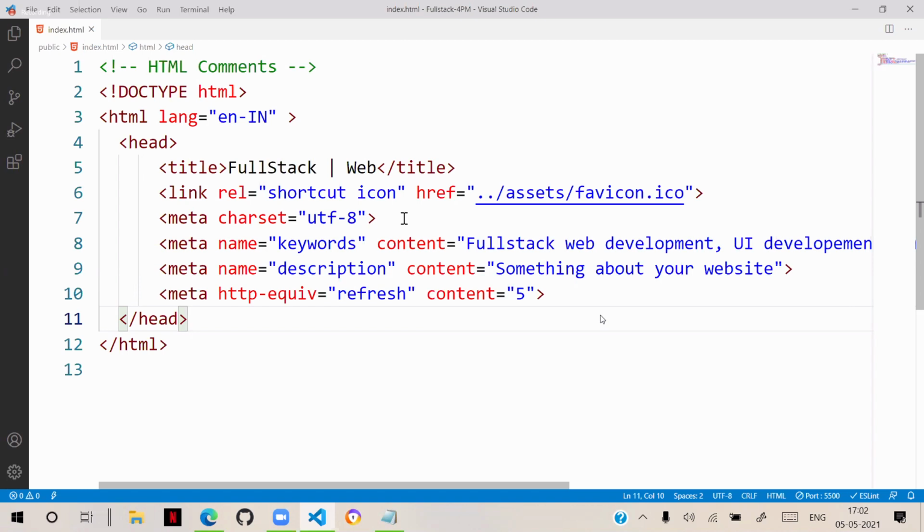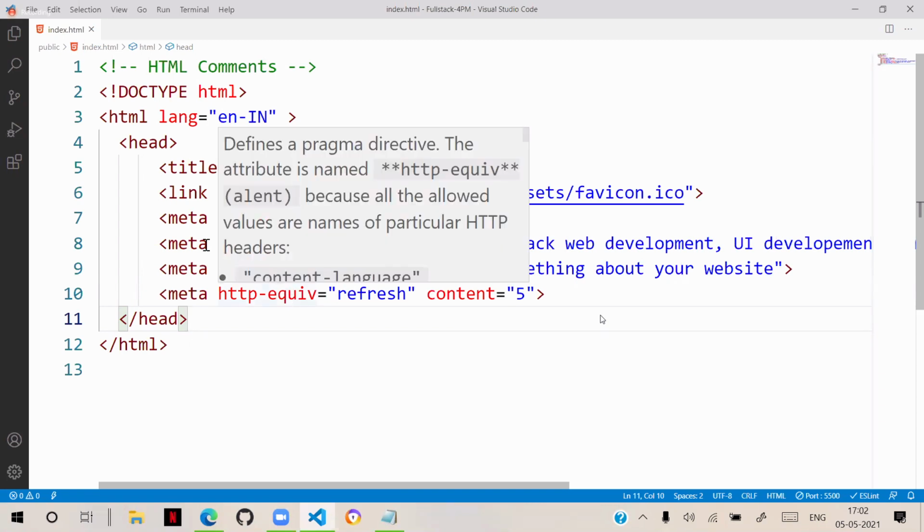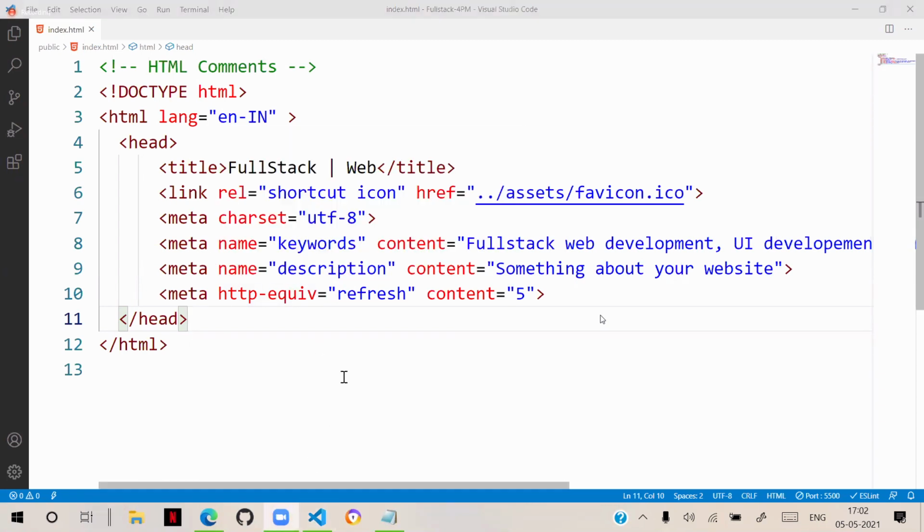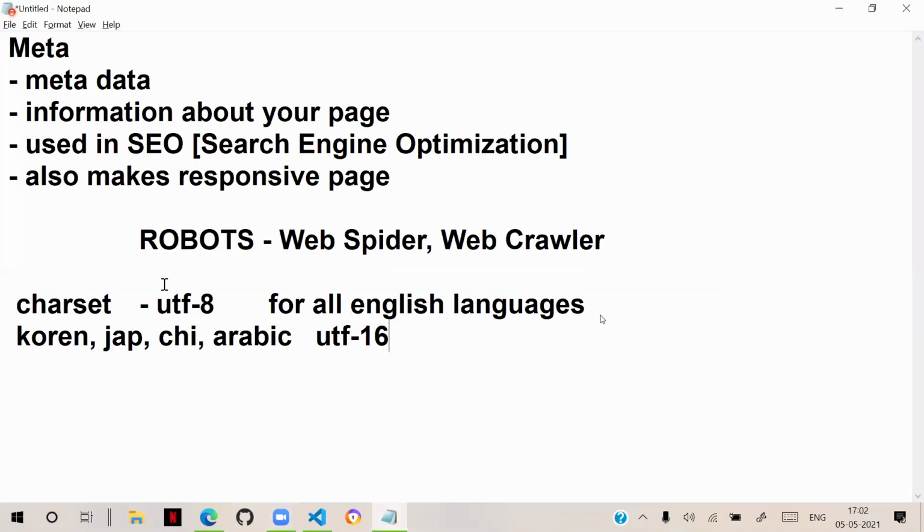If there is no proper Meta, then robots will ignore your page. They are not going to display that page. They will ignore that page. That is very important to understand. So Meta is very important to make the page more search engine friendly. Initially in Meta, you have seen 4 options: character set, keywords, description, and HTTP equiv. That means every few seconds it will refresh and handle that. So this is the important option in the head section.